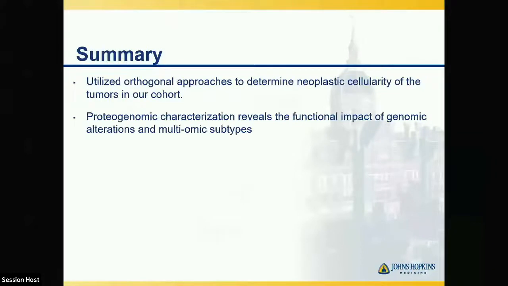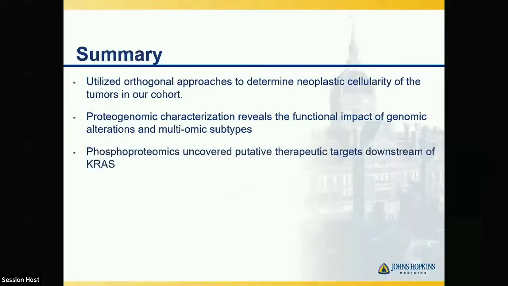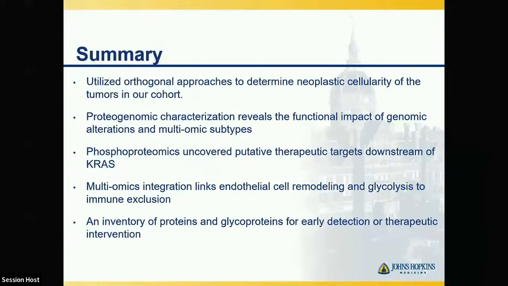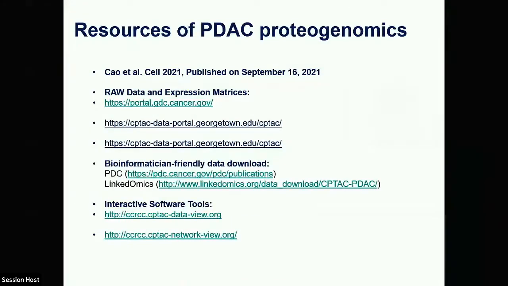So in summary, we use an orthogonal approach to determine the neoplastic cellularity. Proteogenomic characterization reveals the functional impact of genomic alterations and multi-omic subtypes. Phosphoproteomics uncovers putative therapeutic targets downstream of KRAS. Multi-omics integration links endothelial cell remodeling and glycolysis to immune exclusion. In this study, we also identified proteins and glycoproteins as candidates for early detection or therapeutic intervention. All the data, the raw data processing, as well as software used in this study are included in the publication